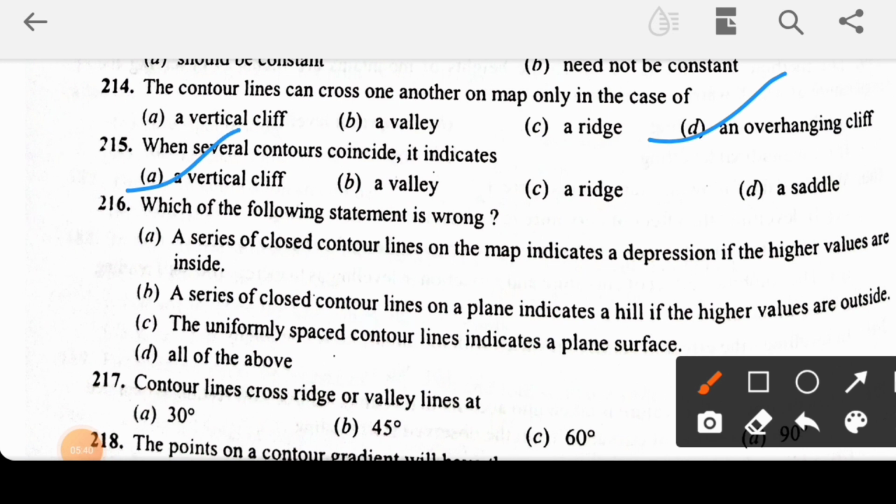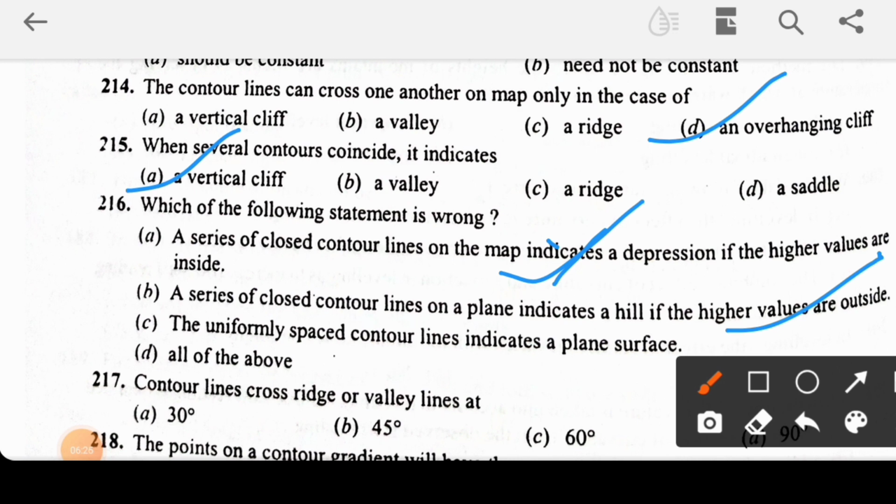Which of the following statements is wrong? यहाँ पे कौन सा स्टेटमेंट रॉन्ग है, गलत है? A series of closed contour lines on the map indicates a depression if the higher values are inside. It is wrong. मतलब है correct. A series of closed contour lines on a plane indicates a hill if the higher values are outside. It is wrong. मतलब है करेक्ट, क्वेश्चन के हिसाब से करेक्ट।